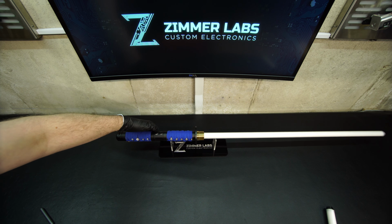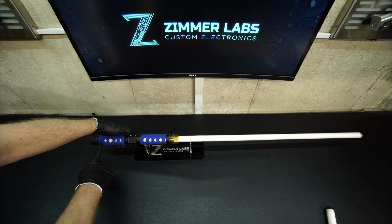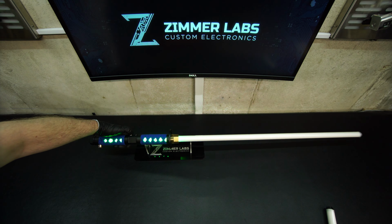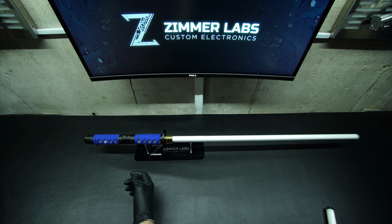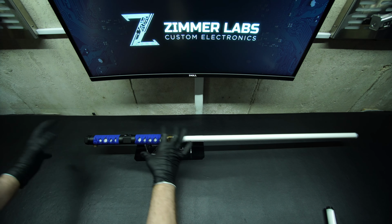Two buttons, auxiliary on the top, power on the bottom. The blade starts all the way down here, runs all the way to the tip, and retracts all the way back to the base. So for the blade array, for the first blade, we've got a bright green Return of the Jedi style